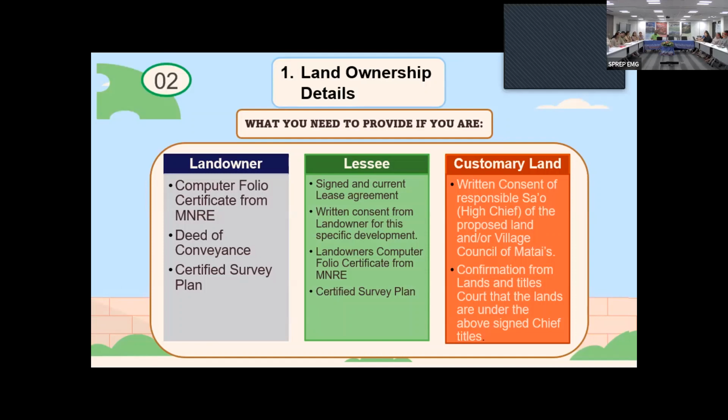Thanks. I think the other thing that we also have to look into from the PUMA side is customary land, which is also relevant for our tourism sector, because most of our tourism developments are on customary land. And even though we would like to think that it's easy to get those consents from the party that has authority over the land,